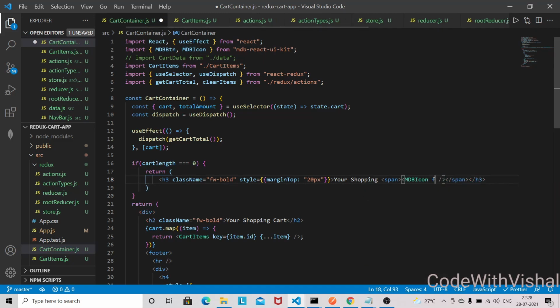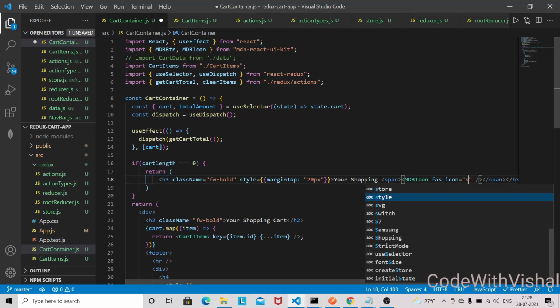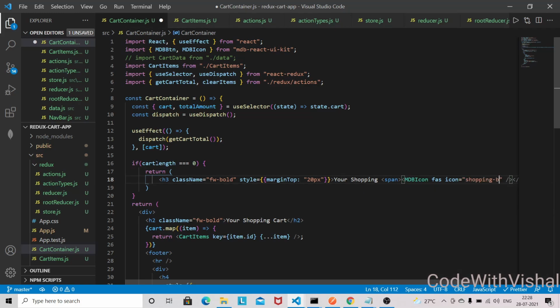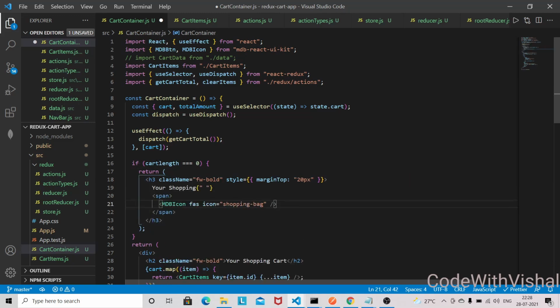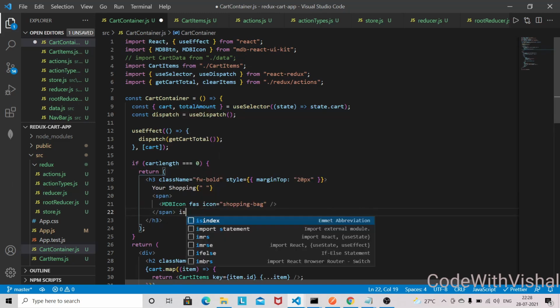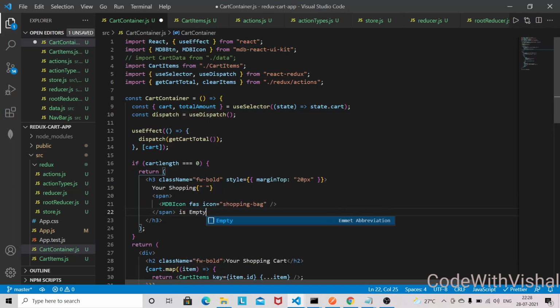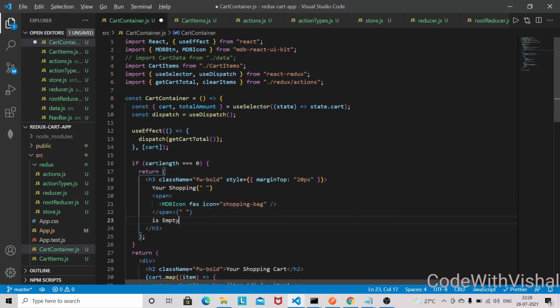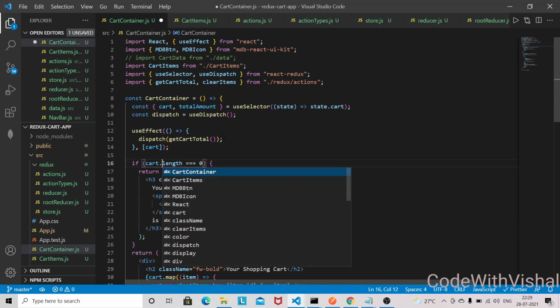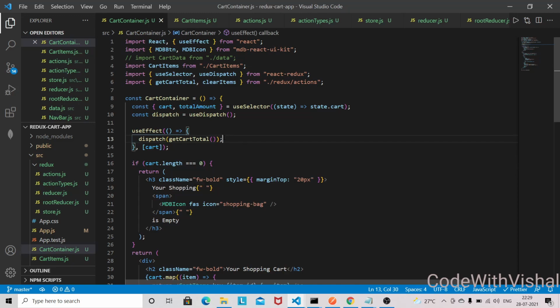So the icon will be FAS icon, and it will be shopping bag. So this is like empty. So this is going to return if we don't have an item in the cart. So cart dot length, actually not cart length, so make sure to change that one.